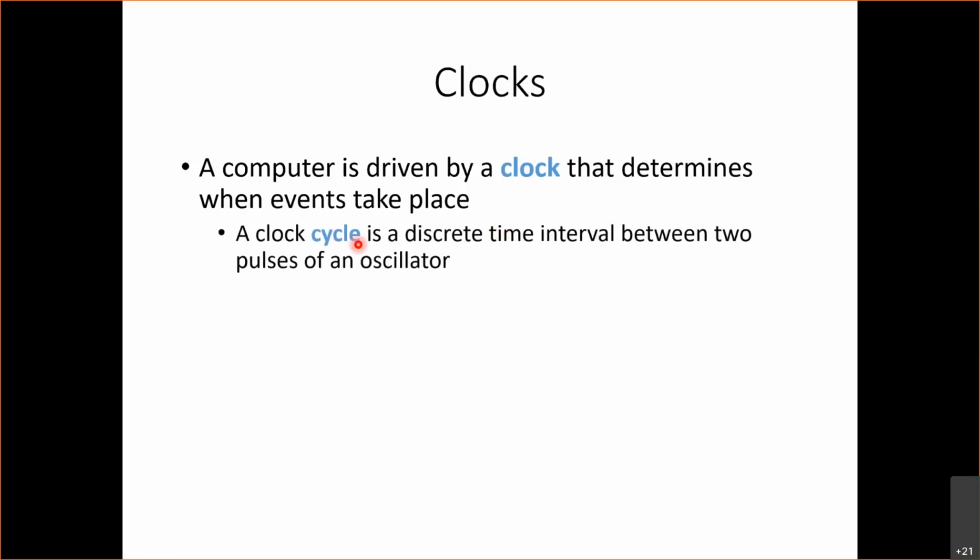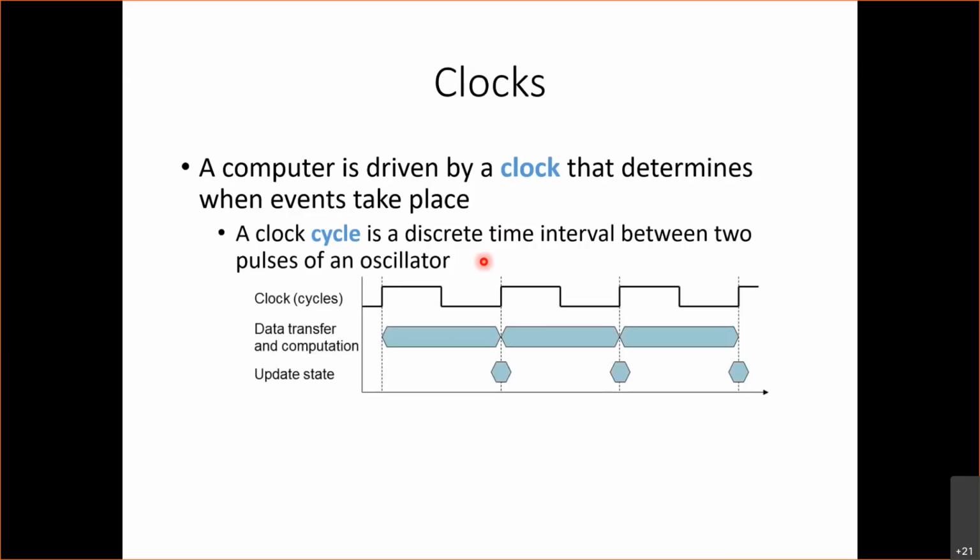So a clock cycle is a discrete time interval between two pulses of an oscillator. There's this clock that's ticking in the computer, and the clock cycle is basically the duration between two pulses of the oscillator that's driving this clock. So for example, if we have a clock, the clock is something like this. It oscillates like this. It goes up and down, up and down, up and down. So one pulse